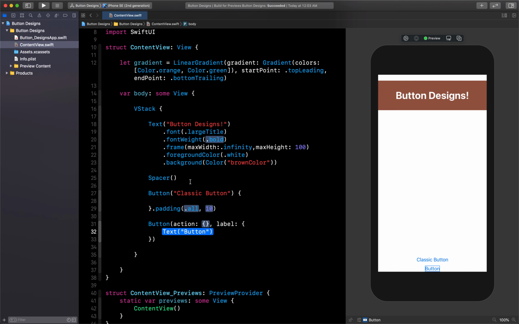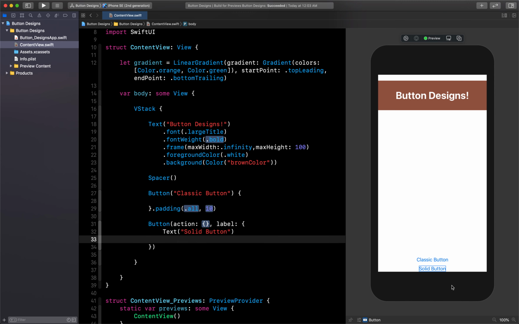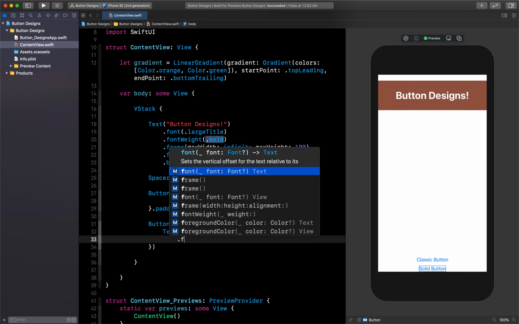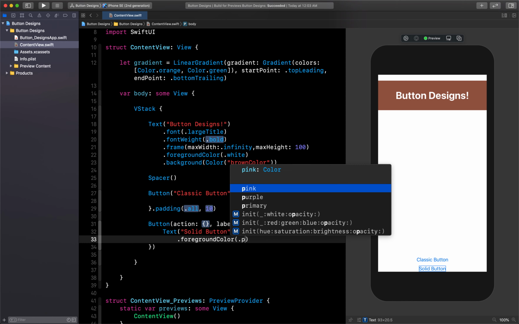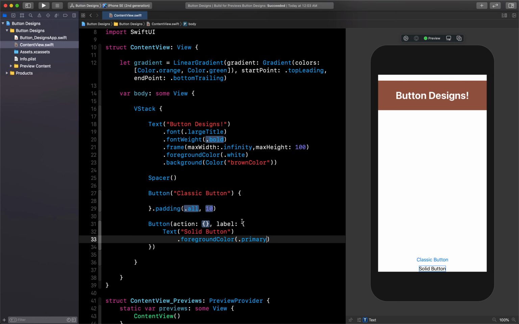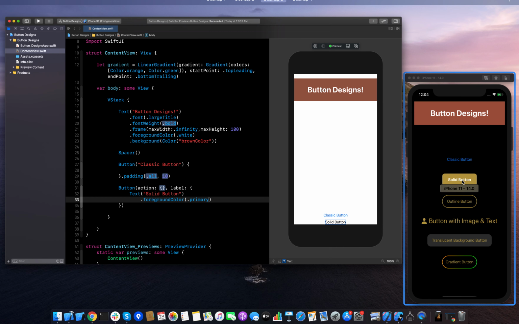For that, first we will use text only. My text will be solid button, and now we need to change the alignment and everything for this button. For that again we will use foreground color, and I will use dot primary here, since it will work on both dark mode and light mode.